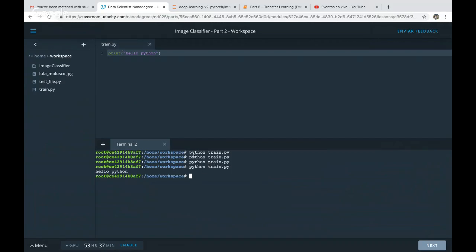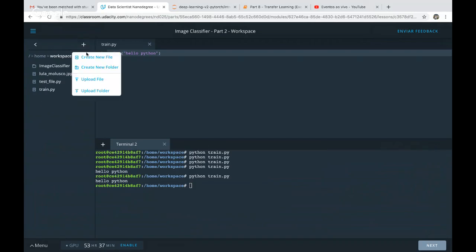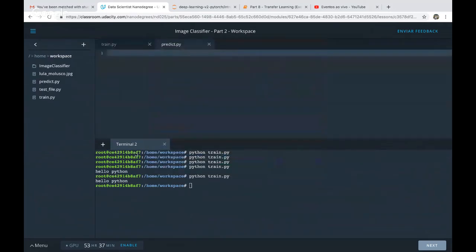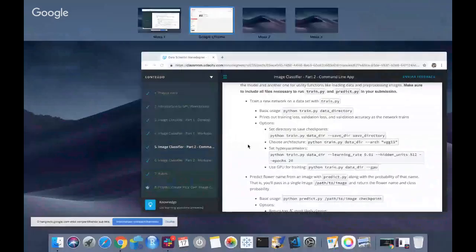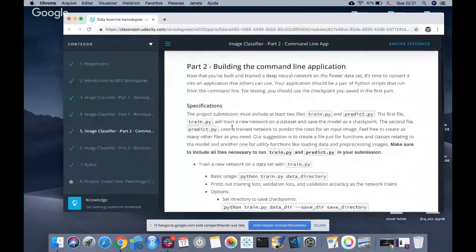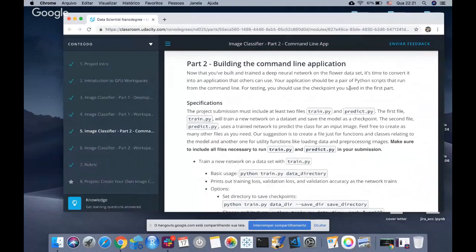And this is how you run a program. You type python, the name of your program. This is a Python program. When you hit enter. Now, what you have to do is create these two files, train.py and project.py. And basically what these files have to do is what's written in the documentation. There's an explanation here. You have to create one file to train a model and save it, and one file to